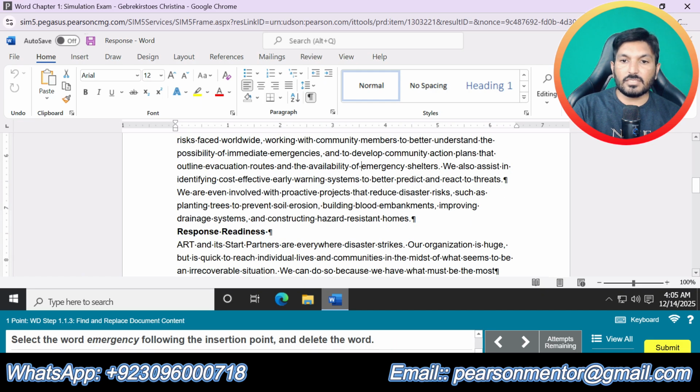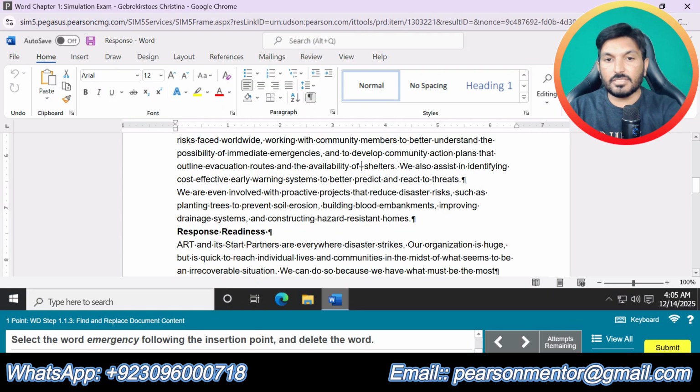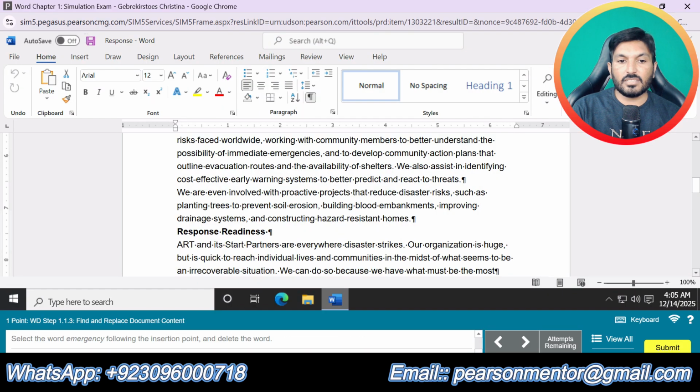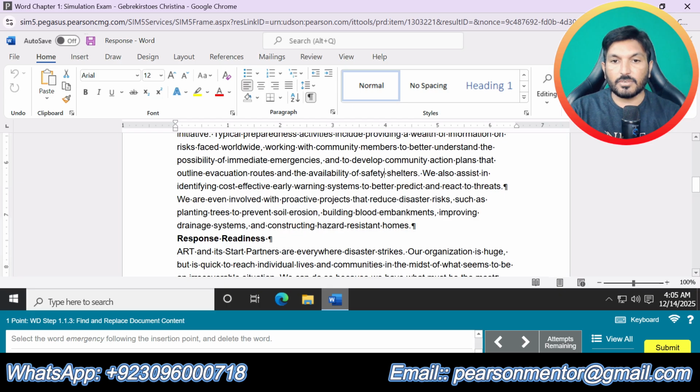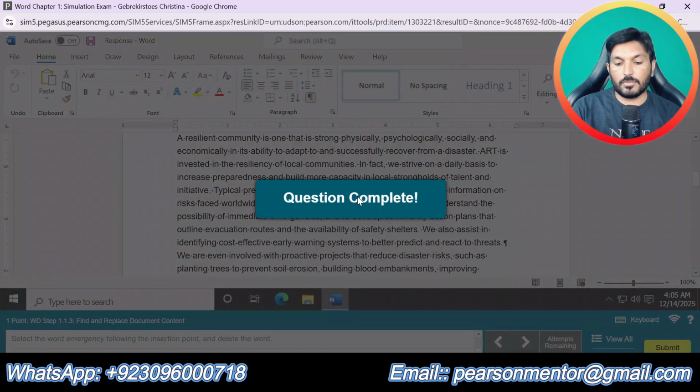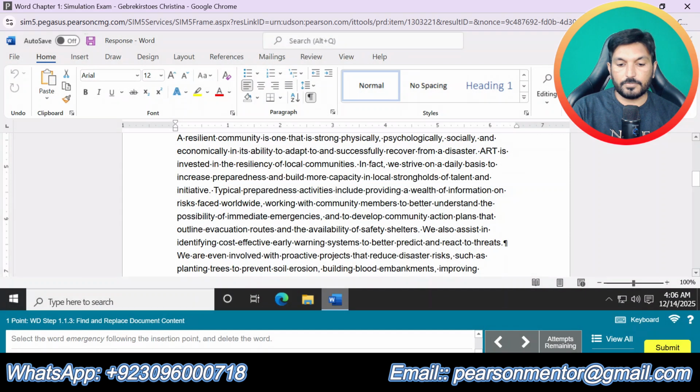Select the word emergency and delete the word. Okay. Position the insertion point at the deletion and type safety. Safety. That is question number 3.